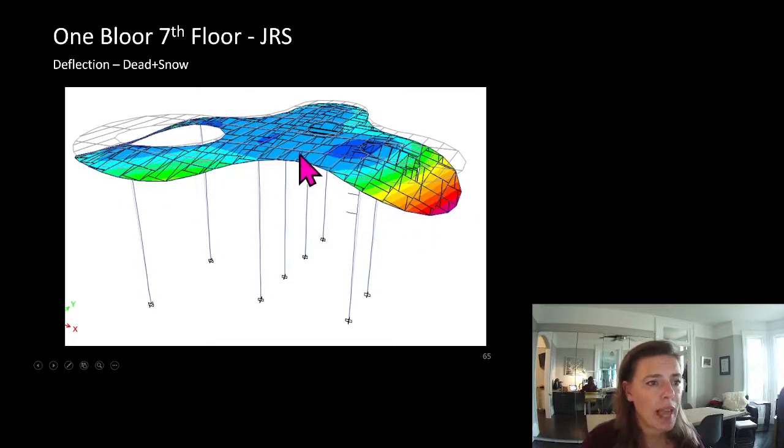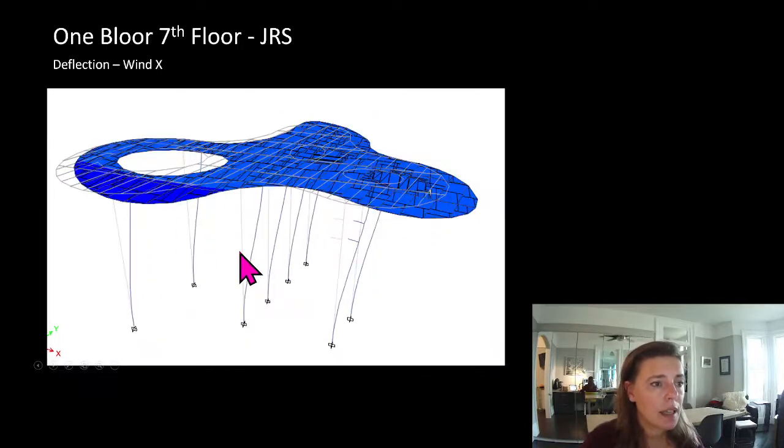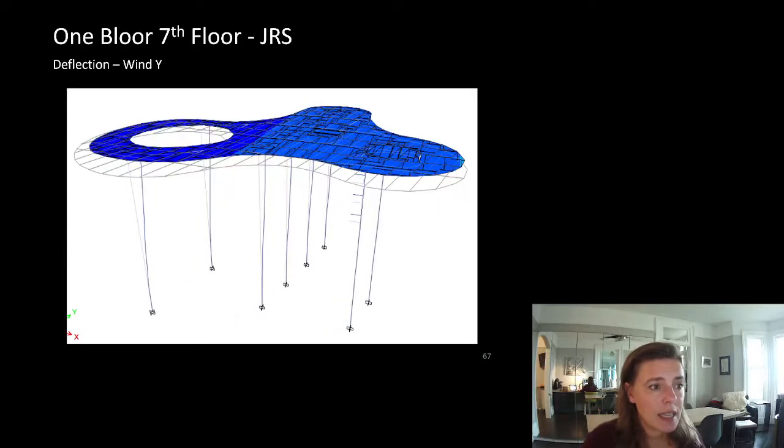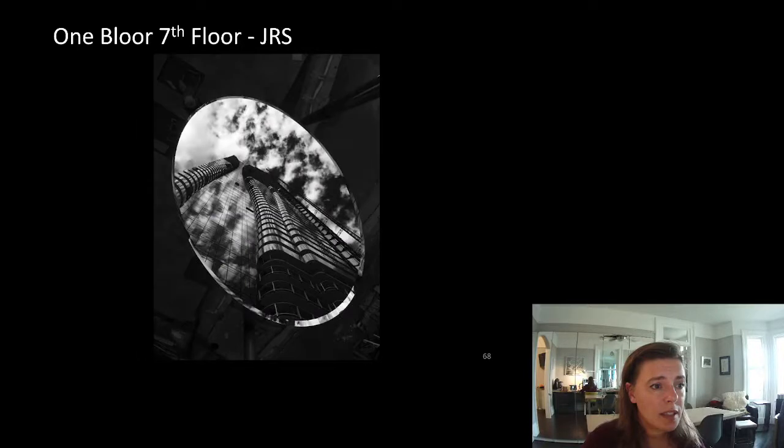I didn't pull off what the actual value was. Here is deflection under the x-axis. You can see because these are moment connected, this has to stay at a right angle, and it comes up and is a right angle here. So we actually get some benefit from that stiffness. Here is wind in the y direction. And then here is the one